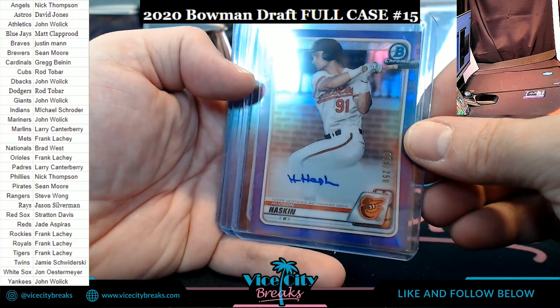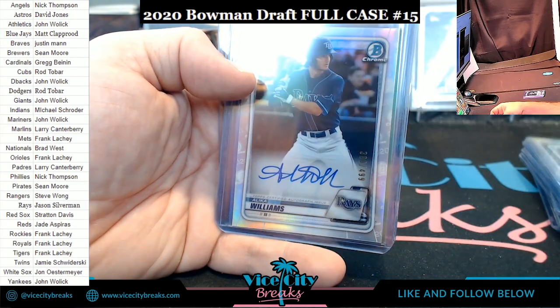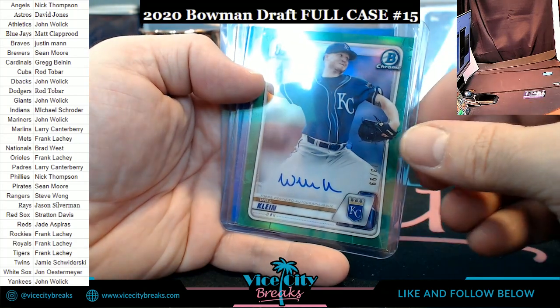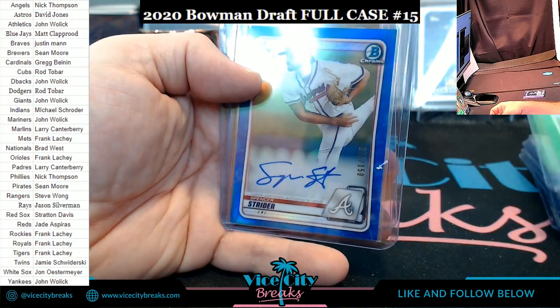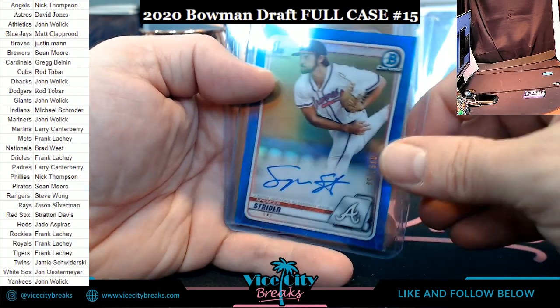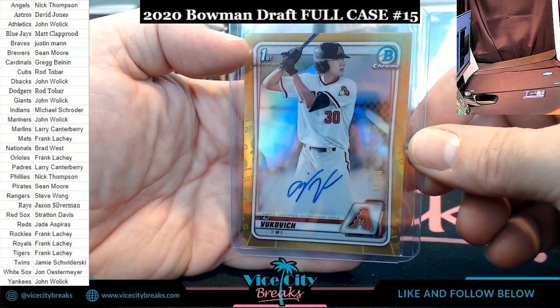The Haskin purple for the Orioles. Seymour Butts, 75 for the Rays. Williams refractor for the Rays. Will Klein green for the Royals. Strider blue for the Braves. And the Vukovic gold for the